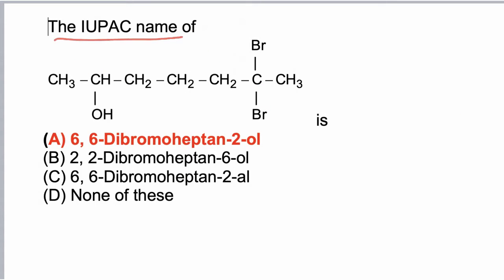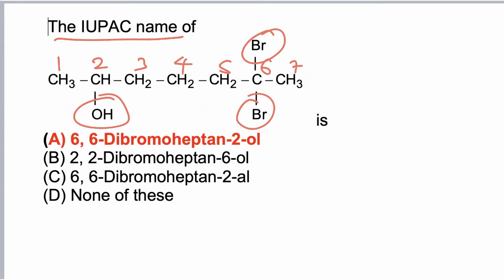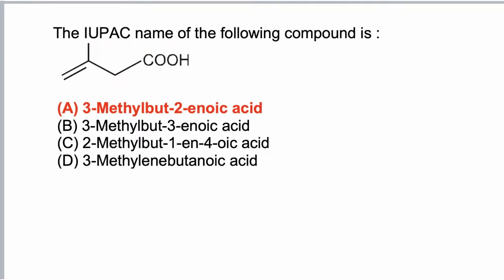In this question, we have to find the correct IUPAC name of the given compound. In the question, OH is the principal functional group. So according to the lowest set of locants rule, we have to start numbering from that end from which the OH group is nearer. So from the left-hand side, 2, 3, 4, 5, 6 and 7. Now bromo is present at the 6th position, 2 bromo at the 6th position. So 6-dibromo, total 7 carbon atoms are present. So heptan-2-ol, and hence option A is correct.